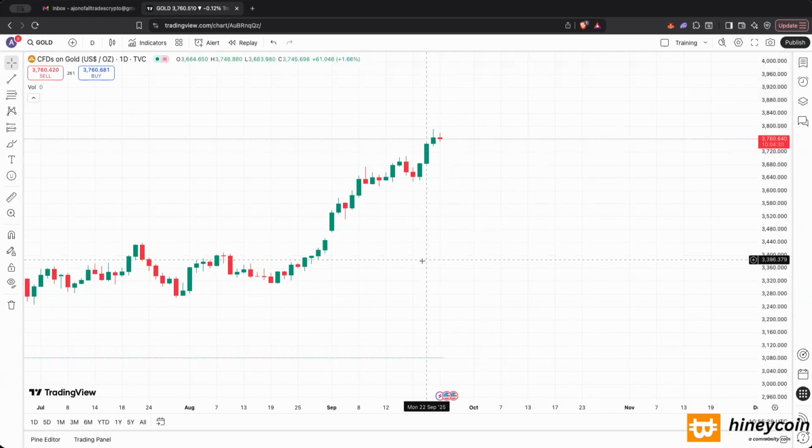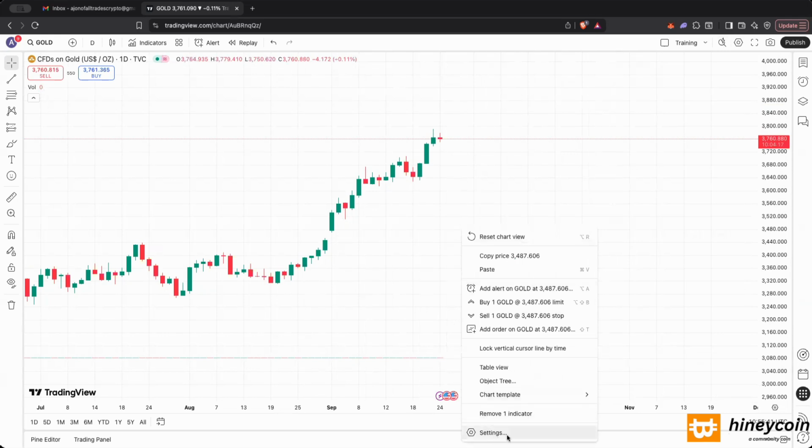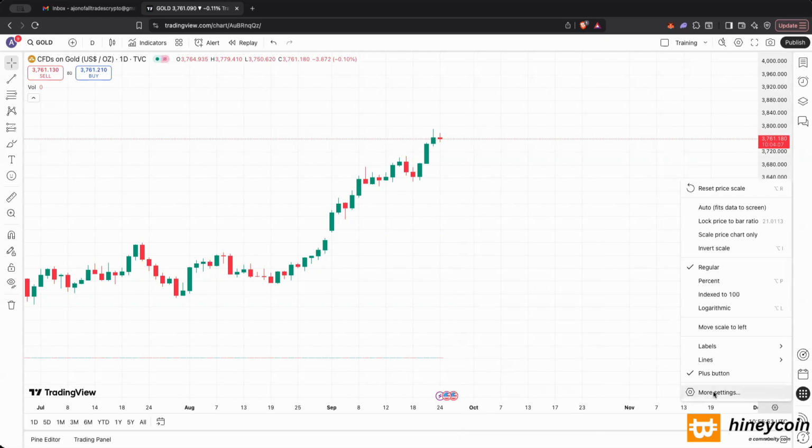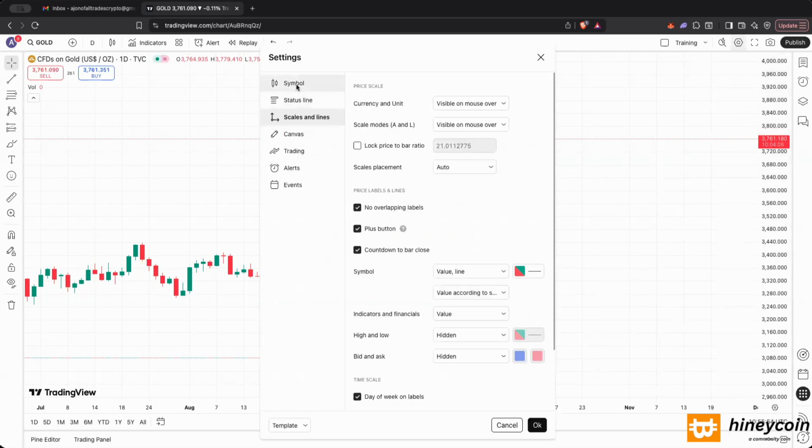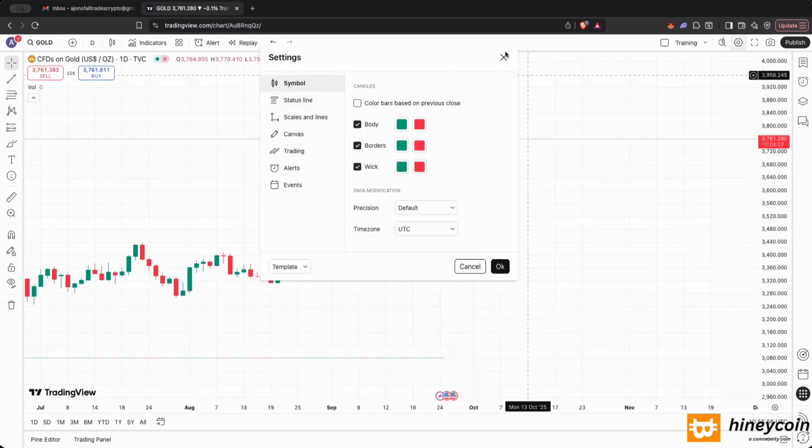The third way to get into that, or even the fourth way, I guess, is if you right click anywhere on your chart, just not on the indicator itself, anywhere in what we call the negative space. I'm going to right click and you get that menu for settings as well. So again, it's either here by right clicking, you can go up to the top here, you can click on this little one and it'll say more settings, and they will all bring you to this overall settings menu for